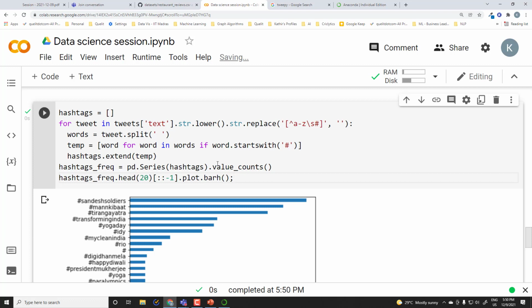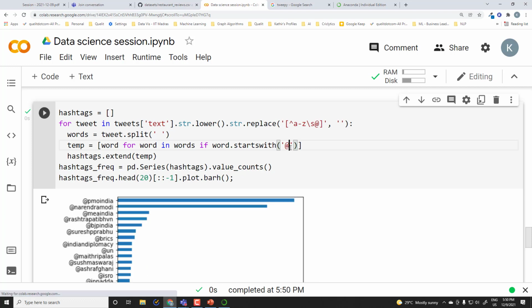So the moment you have text data, first we start with the word cloud, to understand at a high level what different words this particular text column has, and then slowly deep dive into the text data based on the domain. So here it is Twitter data, so I used hashtag. You can also check how many users are there, meaning what kind of users are tagged in this particular Twitter data. So instead of using hash, I can use the @ symbol.